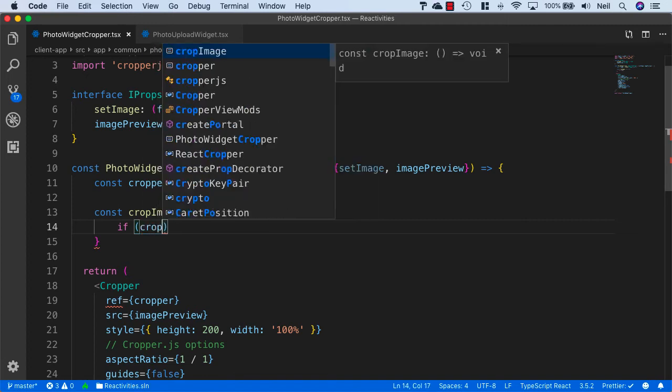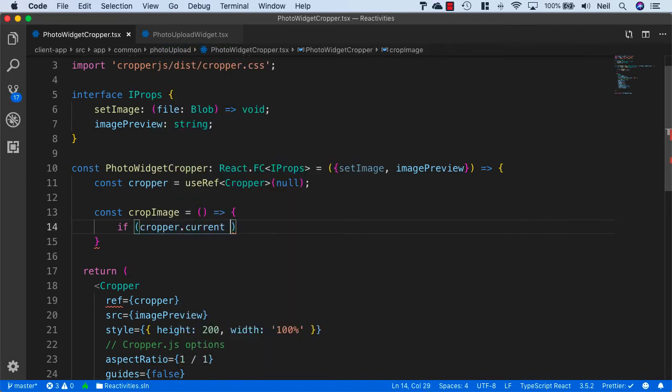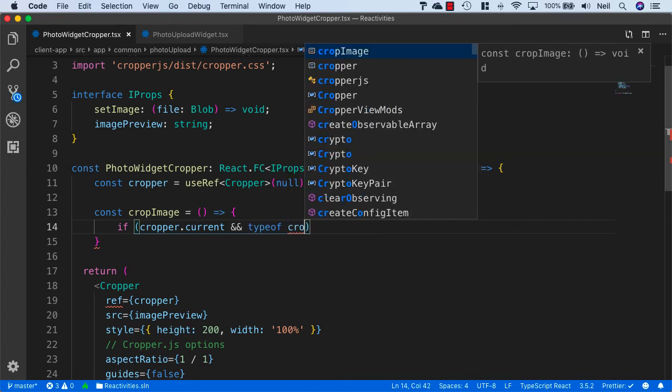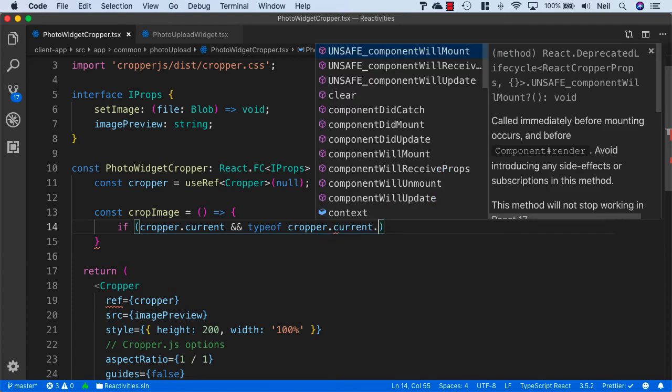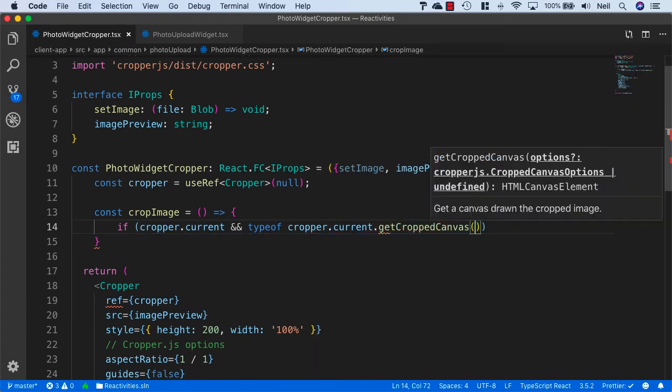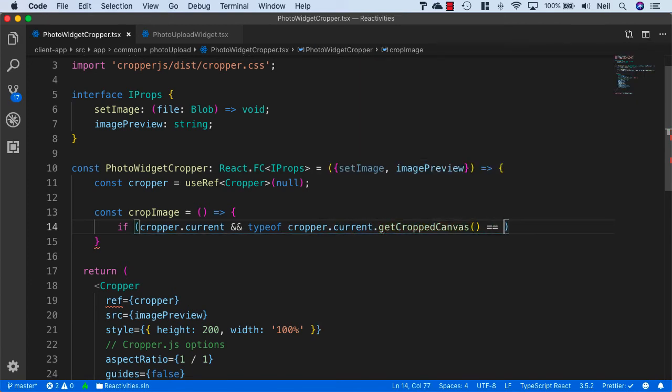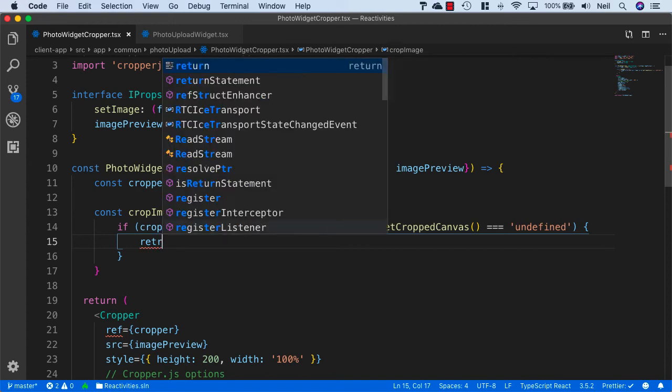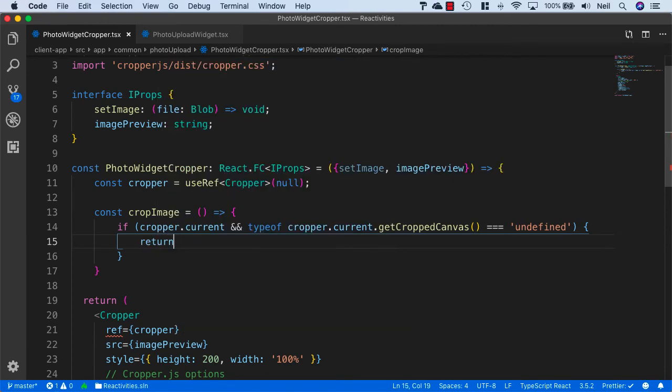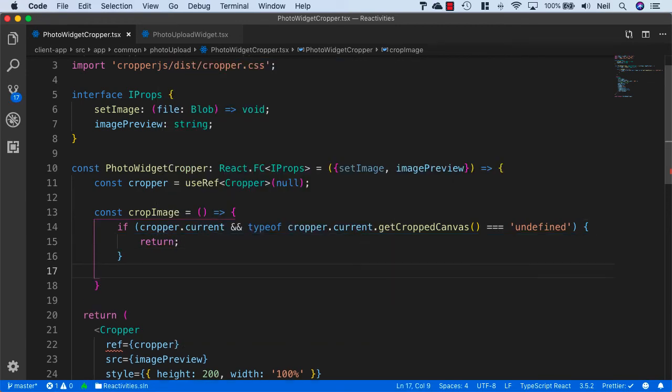So we'll say if cropper.current, and it's a type of cropper.current.getCroppedCanvas, and we'll check to see if this is undefined, and if it is, then we'll just return and go no further. And if it's not undefined, then we need to actually get the cropped canvas and convert